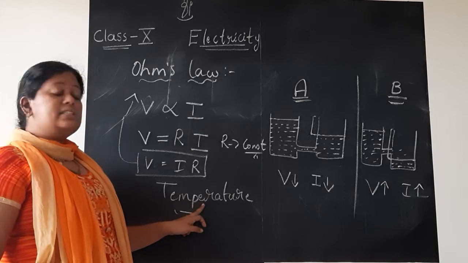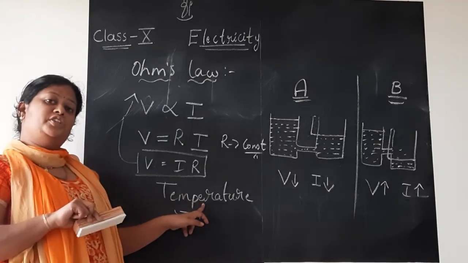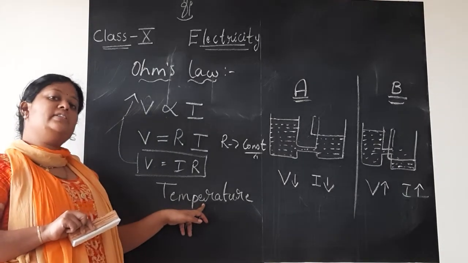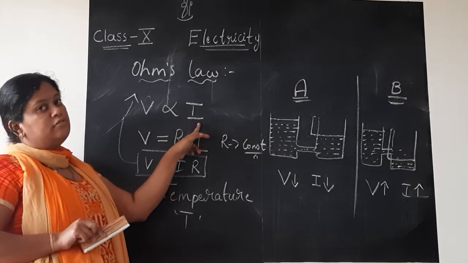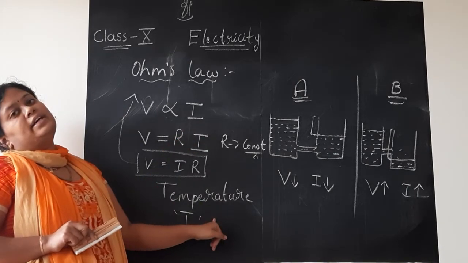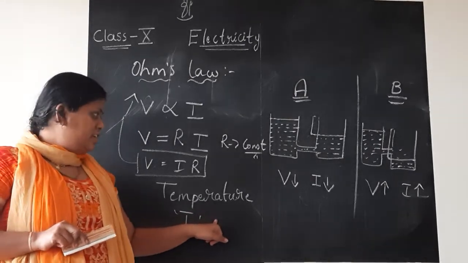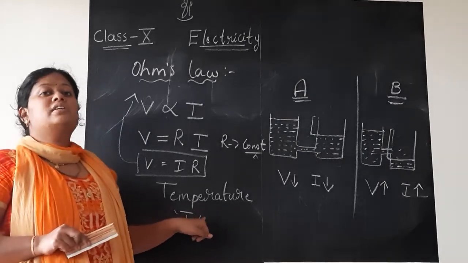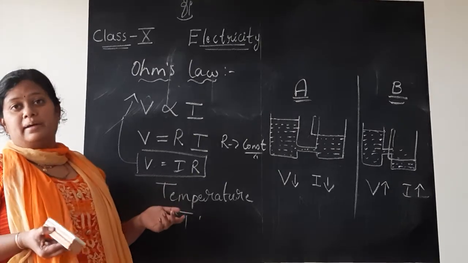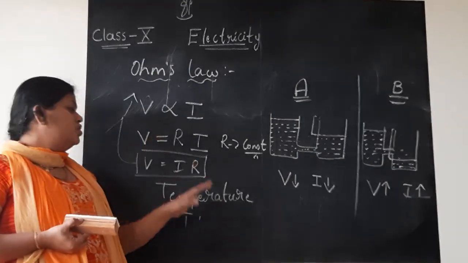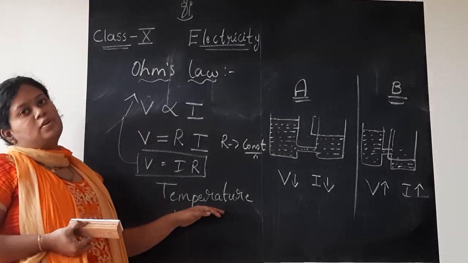So, it states the potential difference across any ends of the wire is directly proportional to the current flowing through the circuit, provided temperature is kept constant. Temperature should always be kept constant, children. Or else the wire may melt due to high temperature or high current. So the temperature should be kept constant.